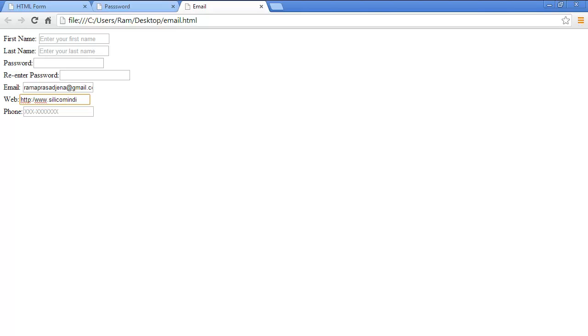You can check the regular expression of the telephone number in the code. Let us see that. See, here is the regular expression and we have mentioned a pattern.